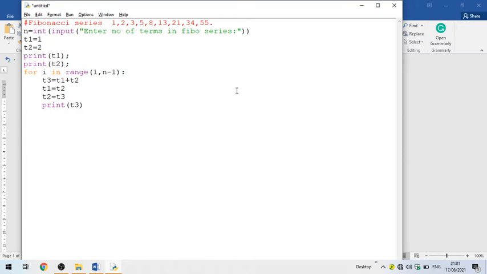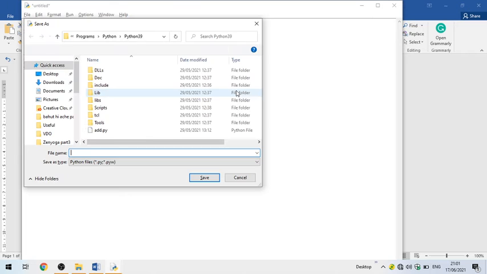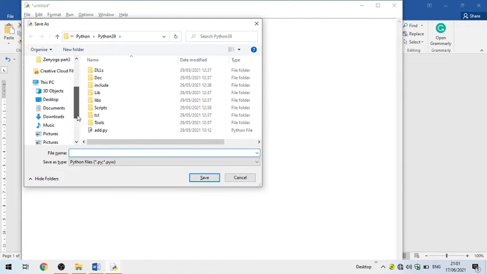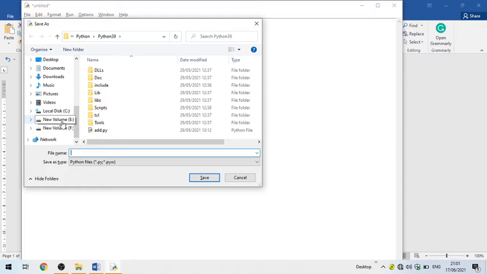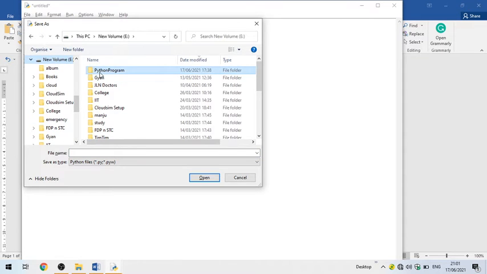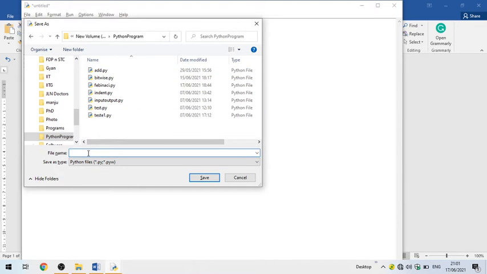Print the T3. Control S and save it in the F drive, Python drive, as Fibo.